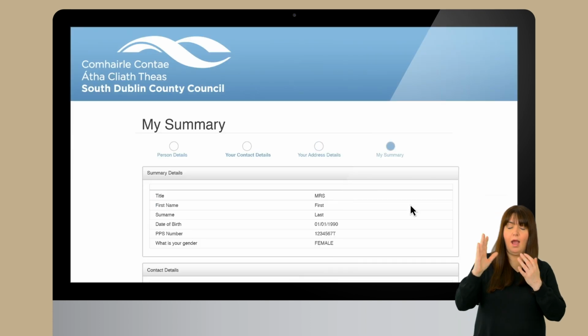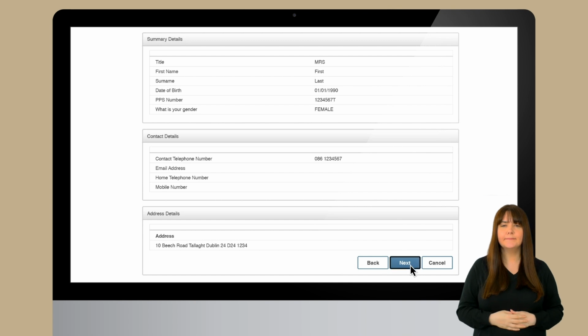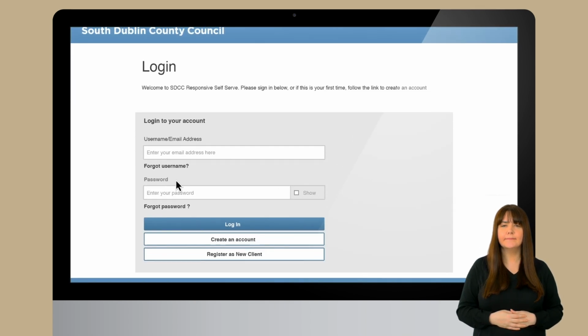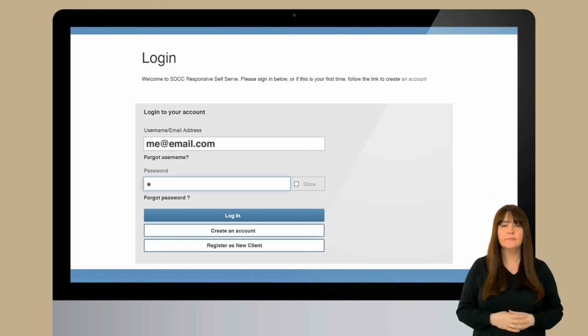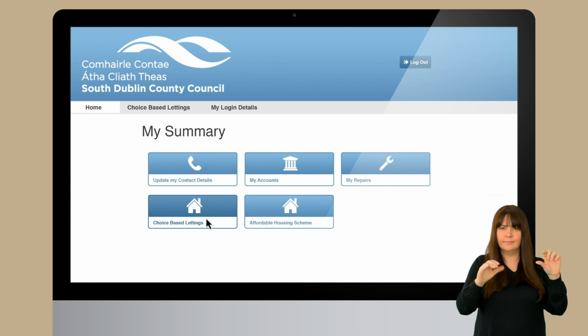When you are happy that all details are correct, you are ready to log in. Enter your email address and your password. You are now logged into your account, where you will see a range of options open to you, such as